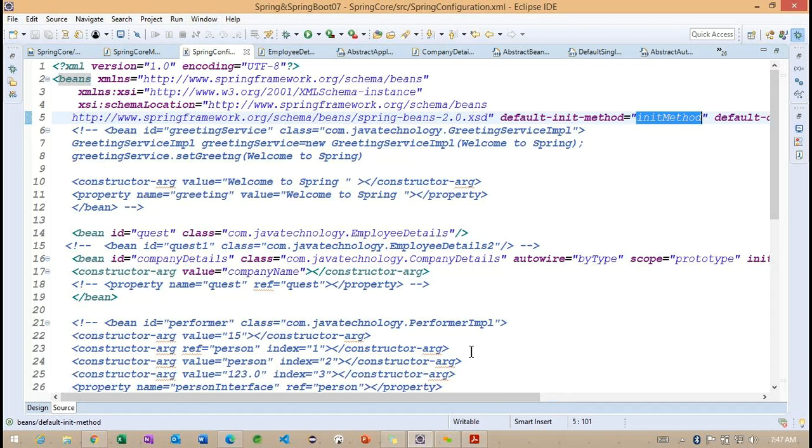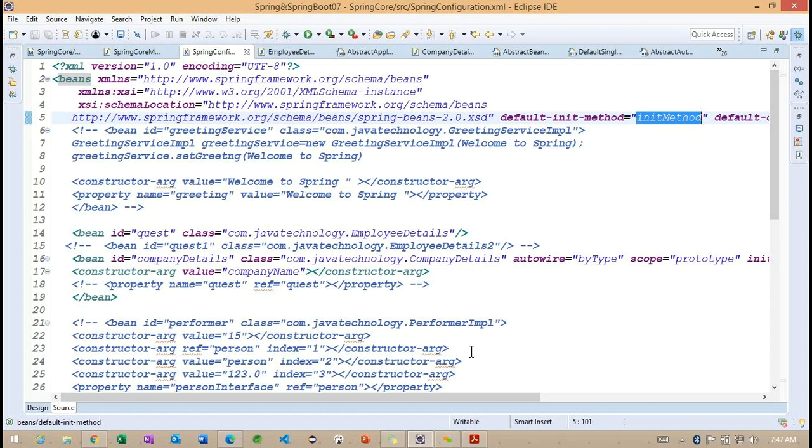And in the same way, instead of writing these particular tags in our XML file, what we can do is use two beans. The two beans we already discussed are InitializingBean and DisposableBean. InitializingBean provides the afterPropertiesSet method, and DisposableBean provides the destroy method. Getting the point? We already discussed these two interfaces in the previous example.